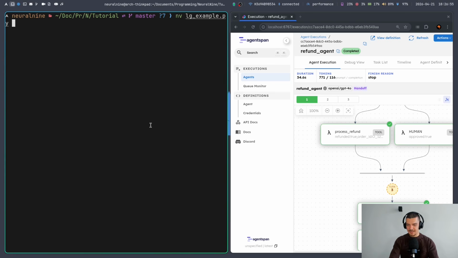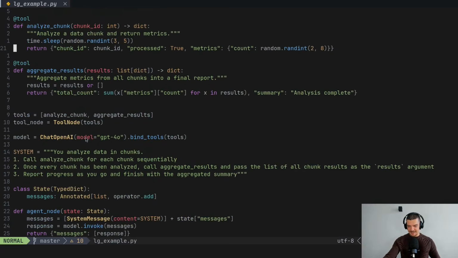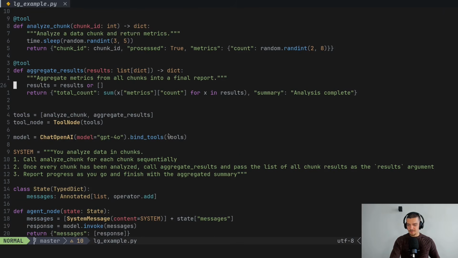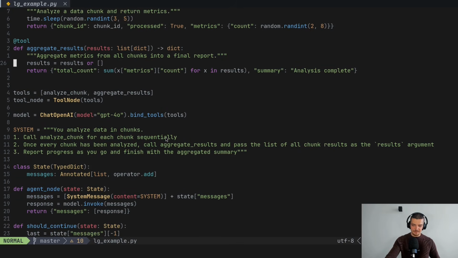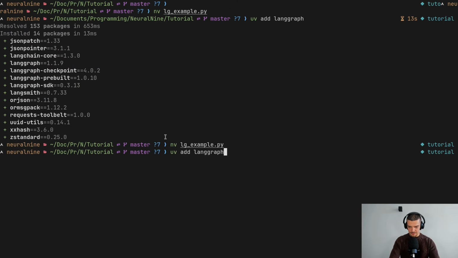For example, I could have this LangGraph example here, which is basically, again, analyze chunk and aggregate results. It works perfectly fine. I don't need to do anything. This is my setup. I would like to benefit from Agentspan, but I don't want to rewrite anything. This is also possible. So what we can do here is, first of all, let me install LangGraph and also